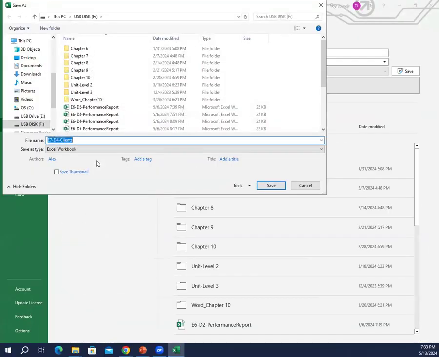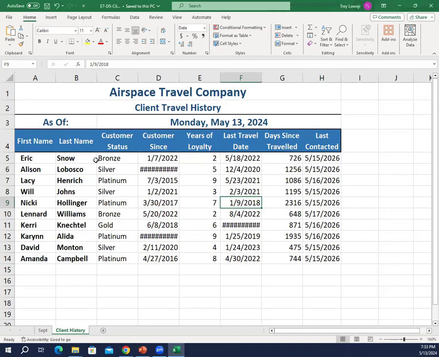And this is going to be E7D5 clients. Once you save that,